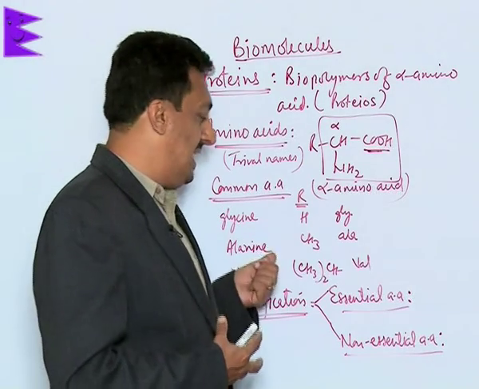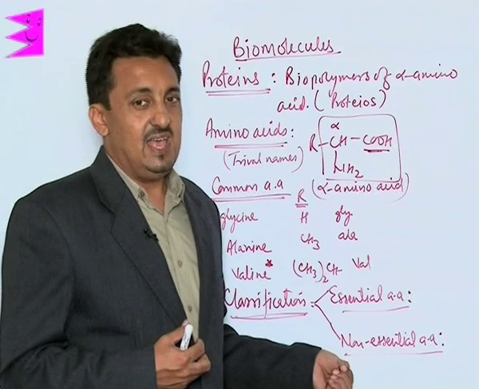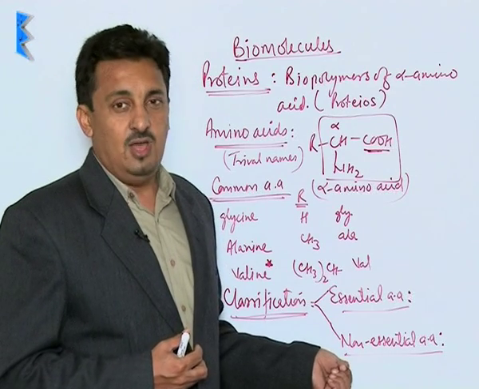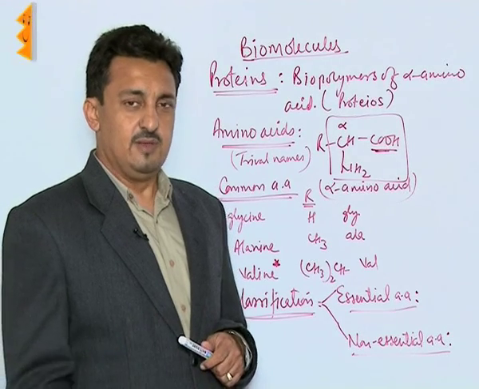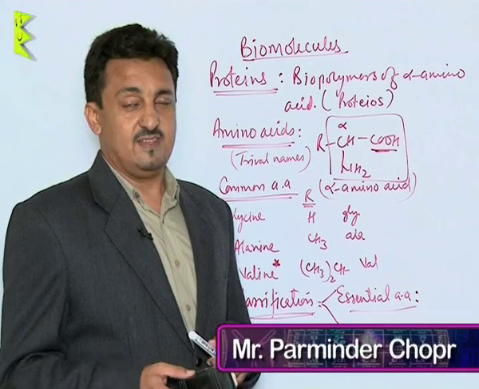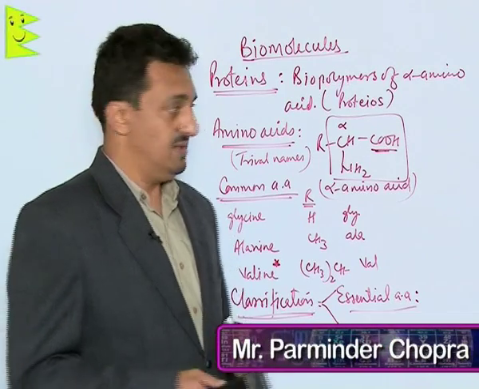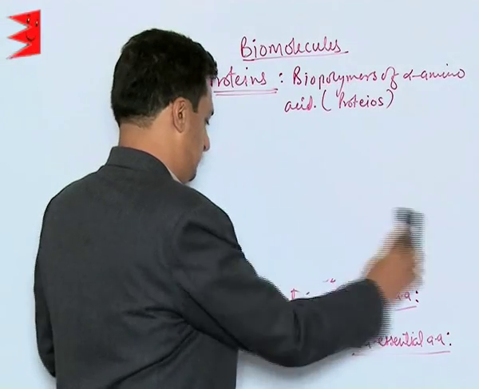So like glycine and alanine, these simple amino acids are the ones which our body can synthesize, and they are called what? Non-essential amino acids. There is another type of classification of amino acids depending upon the number of amino or acid groups we have in the amino acid. Now, according to that classification,